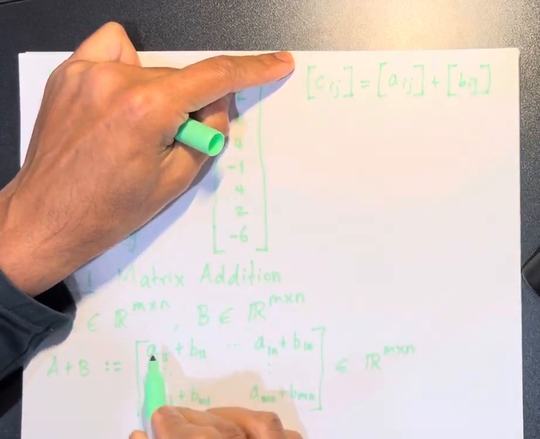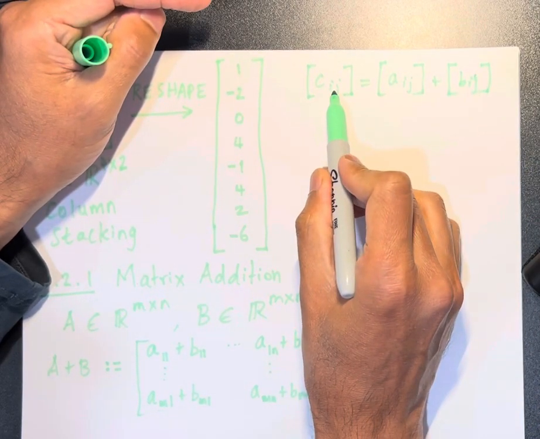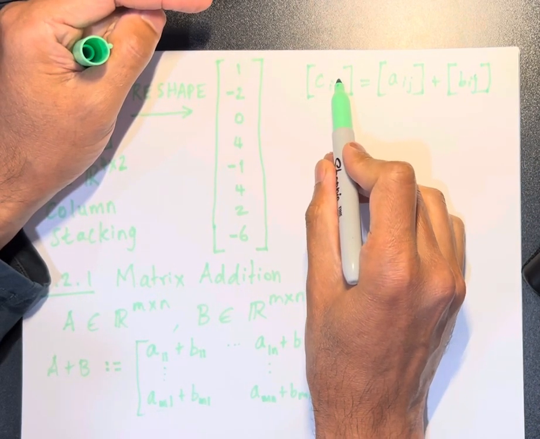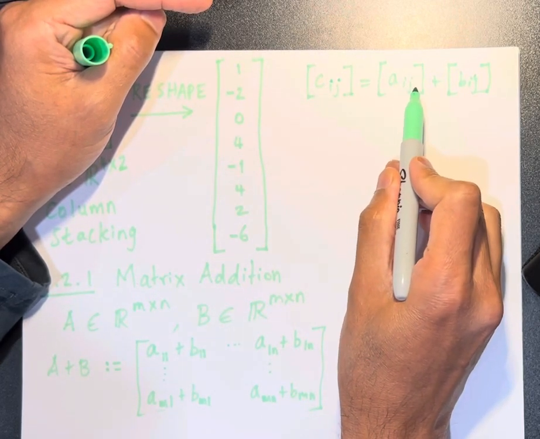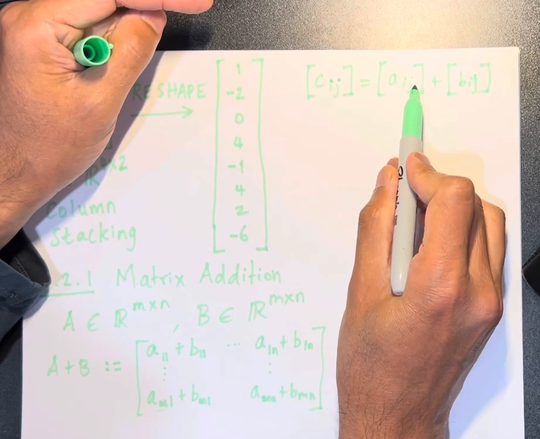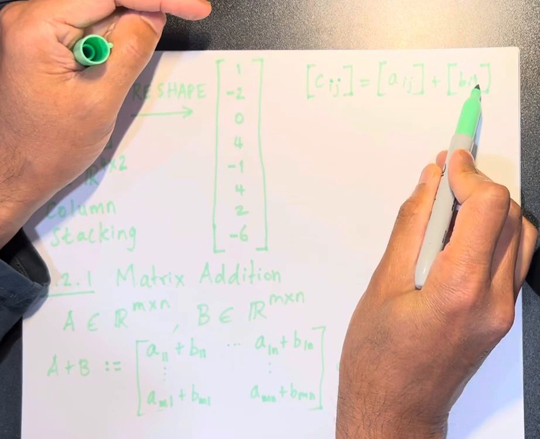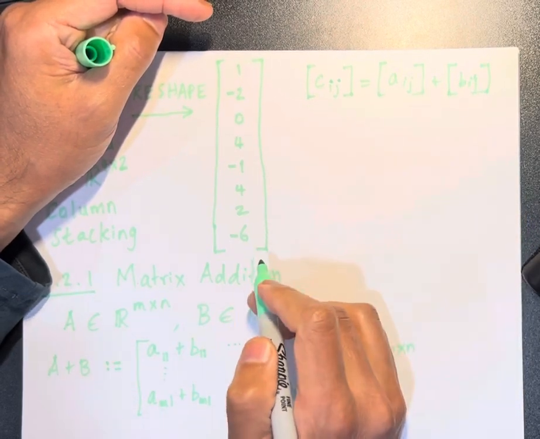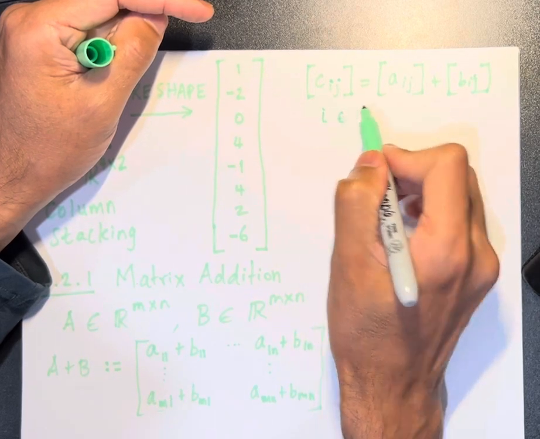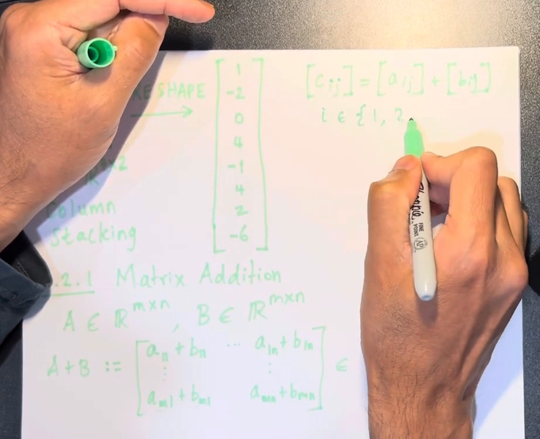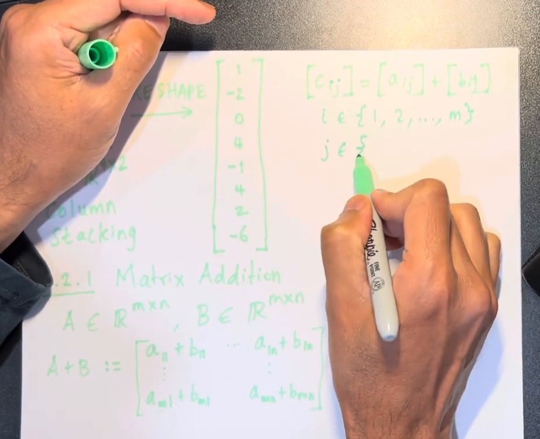So this is the same thing as A plus B. This means every ith row, jth column element of this C is basically taking the ith row, jth column value of matrix A, the ith row, jth column value of matrix B, and adding them up. And that's how this whole matrix is defined. So here i can be anything from 1 to m, and j can be anything from 1 to